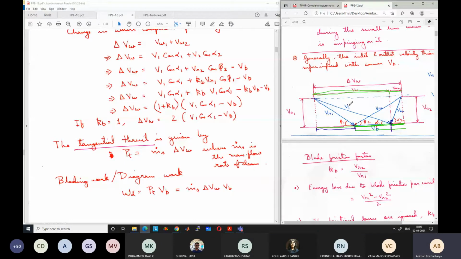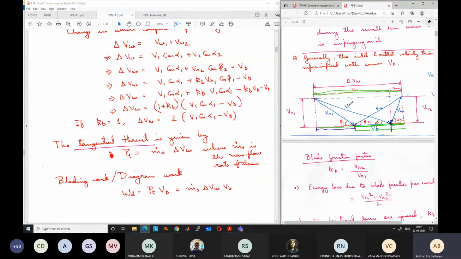Now when this fluid goes out, it again goes to a second set of nozzles. It enters the second set of nozzles with a very small velocity, this V2 velocity, and because the fluid still has a lot of enthalpy, again a lot of energy is extracted. The enthalpy goes down, temperature and pressure go down in the nozzle, and the velocity again increases from V2 to V1. And again the high velocity fluid with velocity V1 impinges on the second set of blades, and the same process is repeated again and again. So each of them is a single stage. This is the sequence of energy conversion.